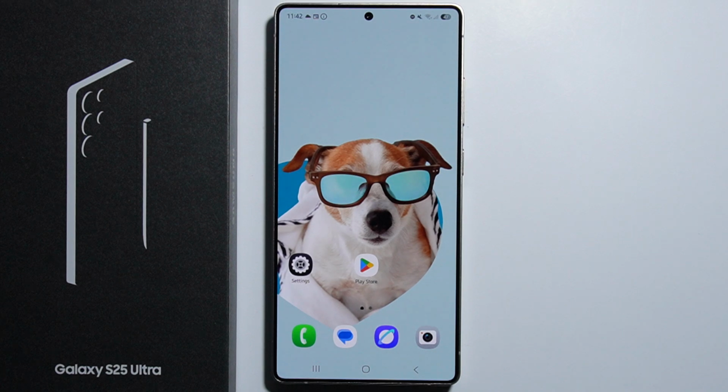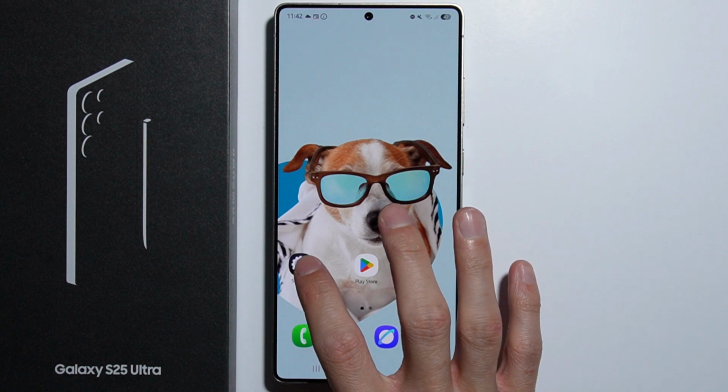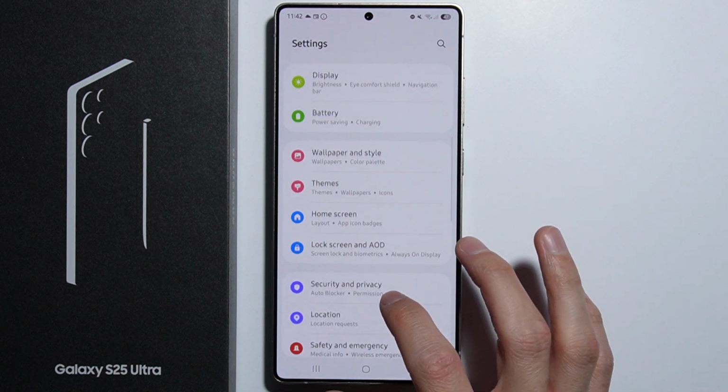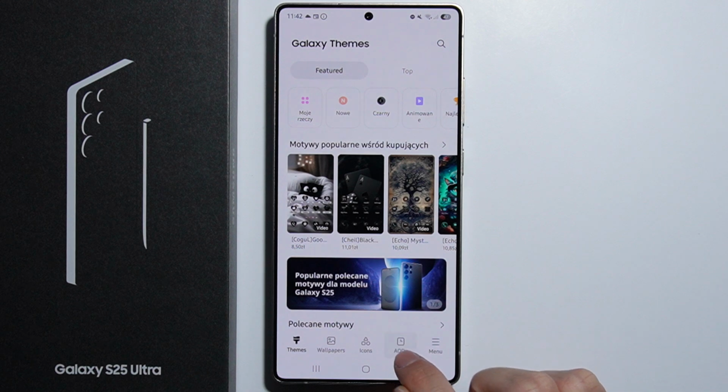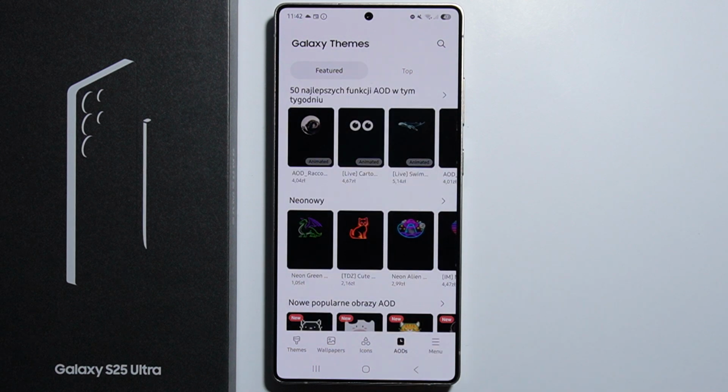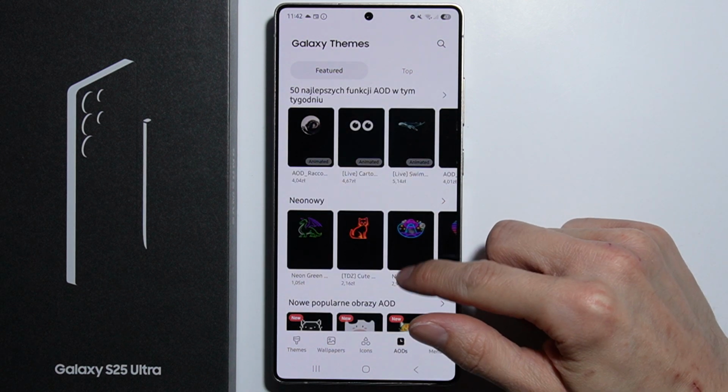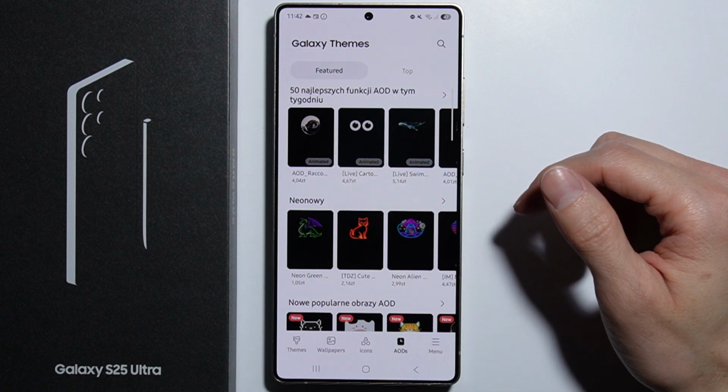Hello! To change always on display clock on Samsung Galaxy S25 Ultra, first of all you have to go into the settings. From here scroll down and go into the themes application, and here we have AODs. So let's go into this tab, and right here we have always on display themes available,